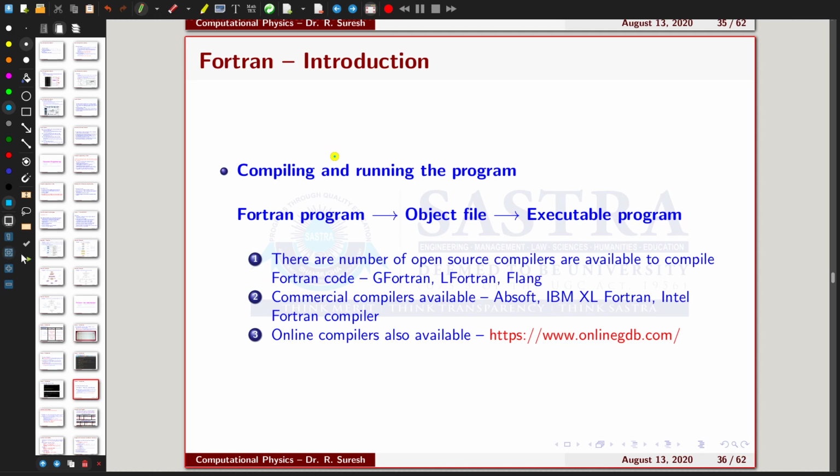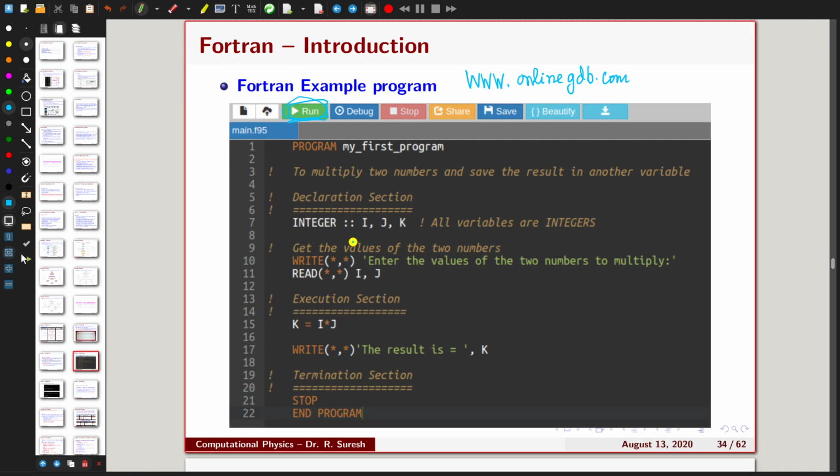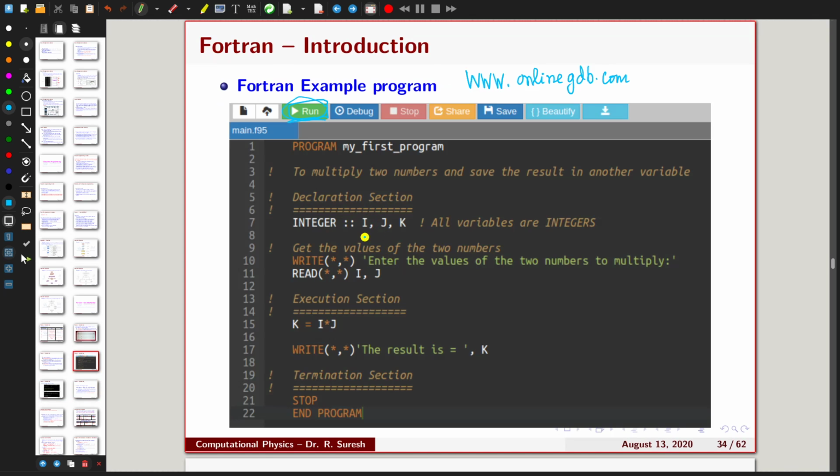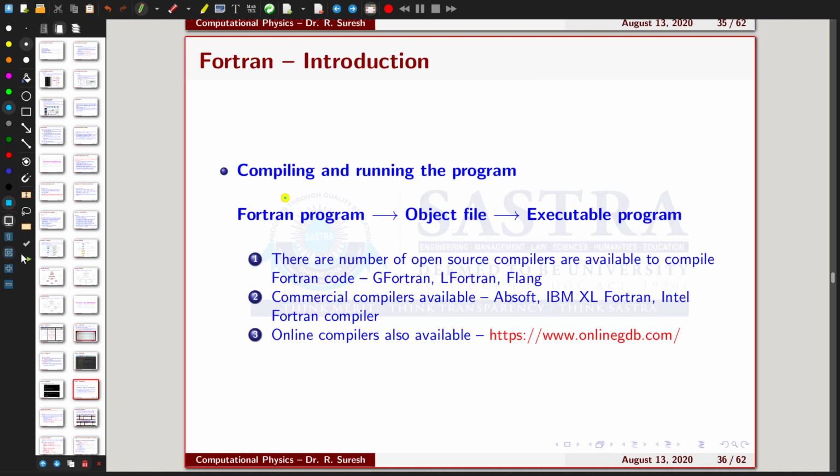Suppose you have written the program in a high level language, that means in simple English, which cannot be understood by computers but is understandable to humans. So you have to convert the higher level language into machine level language, for which you use compilers. You already know that. What the compiler will do is, you have a Fortran program, and the compiler will convert this Fortran program into the object file, that is the machine language.